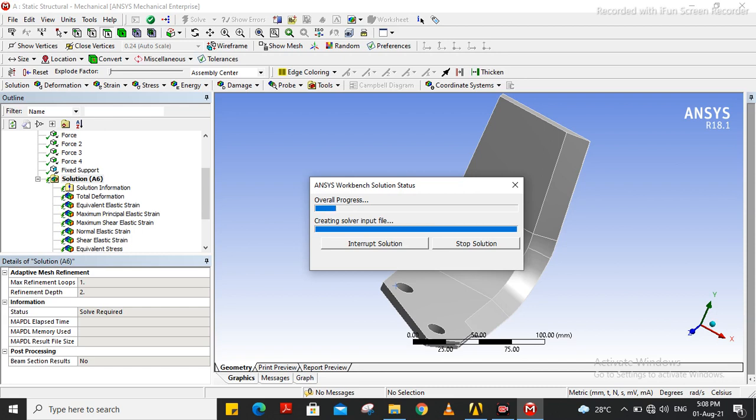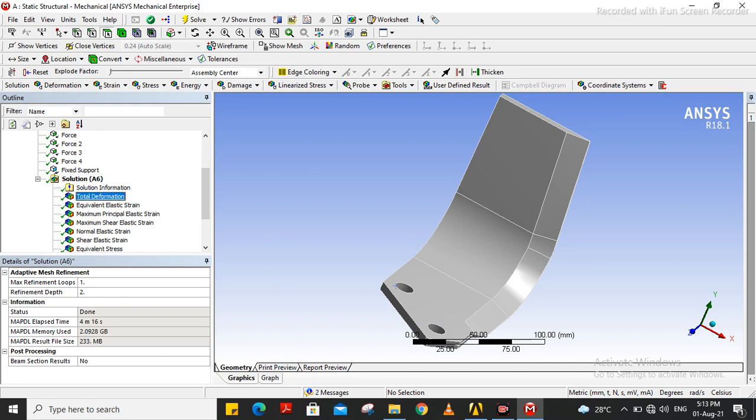So it is in progress, so you may take a pause over here. So we will see the results now. So just click on this and you may get the results.